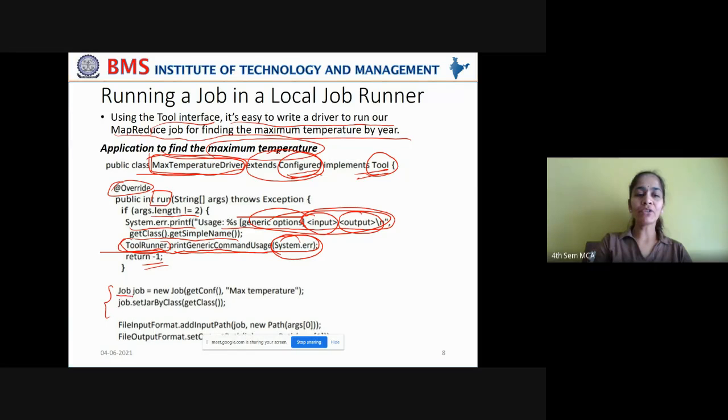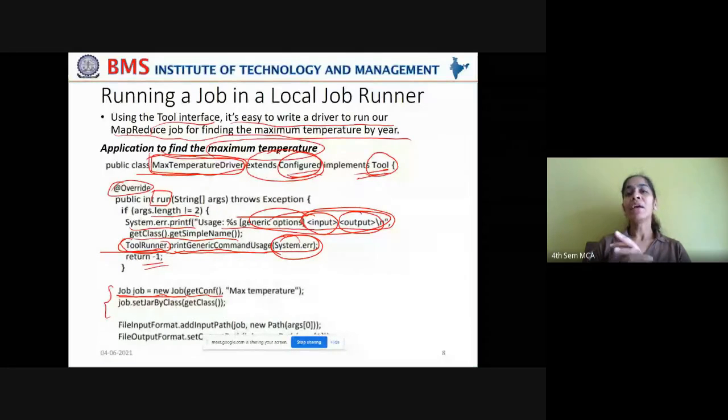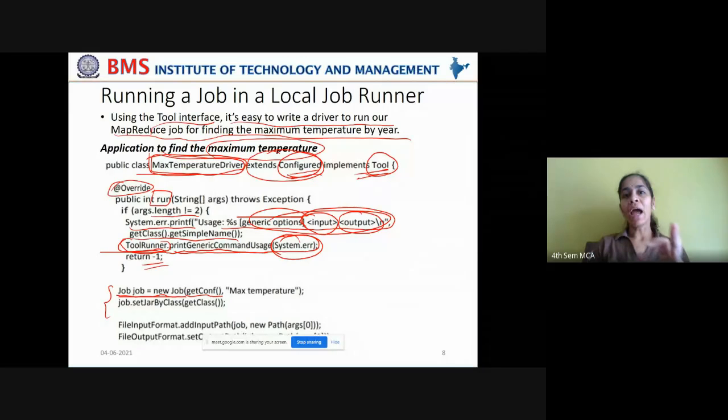You have to create a job object for the Job class as a new instance of Job, which gets the configuration for that particular system on which the job is going to run, because you have to know what kind of properties have already been set by Hadoop core.xml, Hadoop localhost.xml if you are running in a pseudo distributed mode, and Hadoop cluster.xml if you are running in a mini cluster or on a main cluster. Got it? So you are getting the configuration of the system.